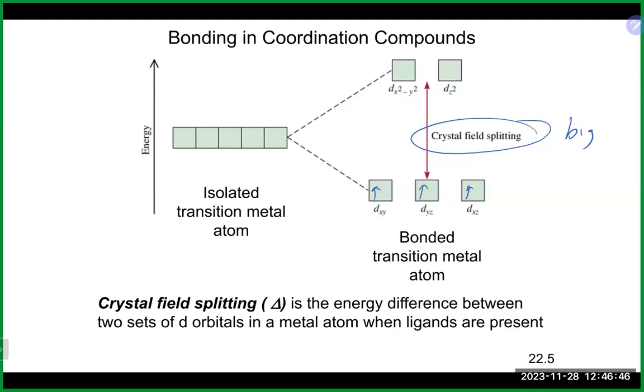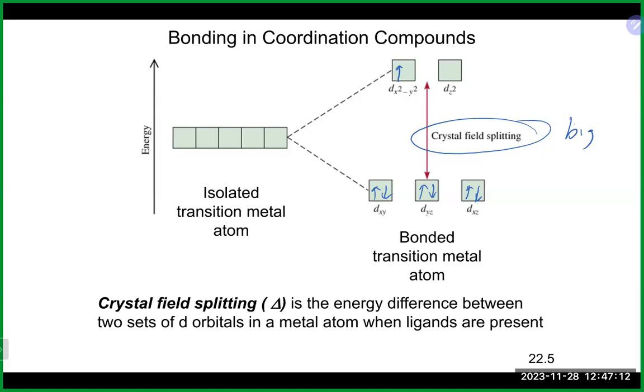That's a really large amount of energy difference between those orbitals. So instead of the next electron going up, it's going to go, I'd much rather just start pairing off down here first till I have no choice, and then come up this way. So what it affects is how the electrons are really distributed in the d orbitals within a transition metal